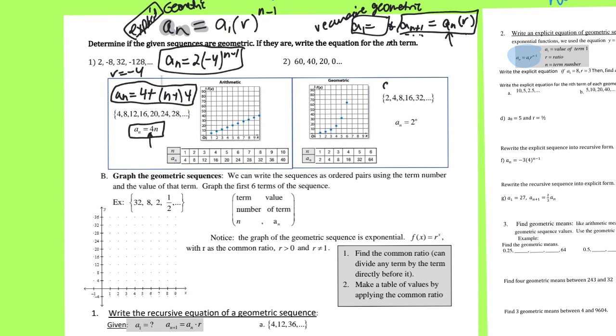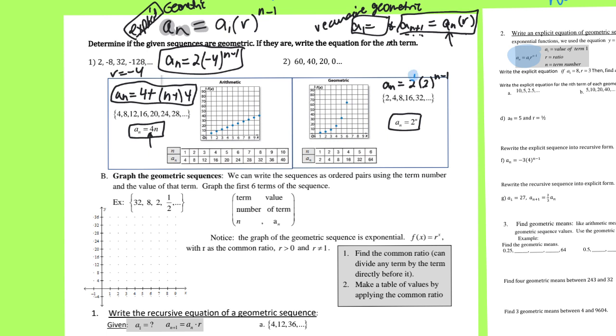So to write this one, we would do a sub n is equal to the first term, which is 2, and then you times it by r, the ratio, to the n minus 1. They just reduced this to make it 2 to the n. And you may wonder why and how. If you just have 2, it's 2 to the first. If you combine the like terms in the exponents, because you can,